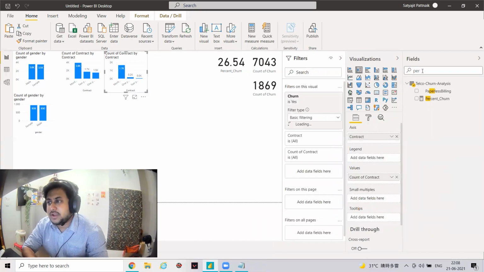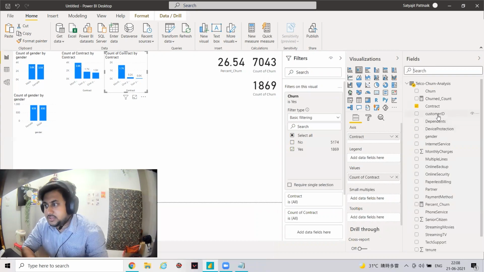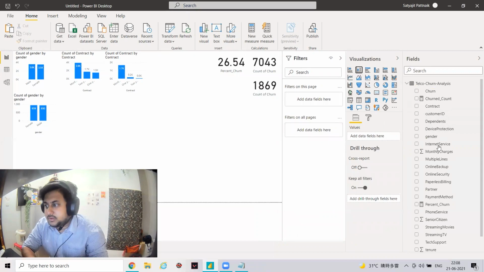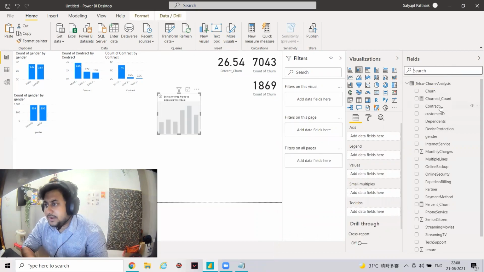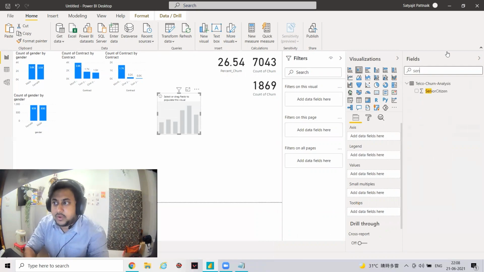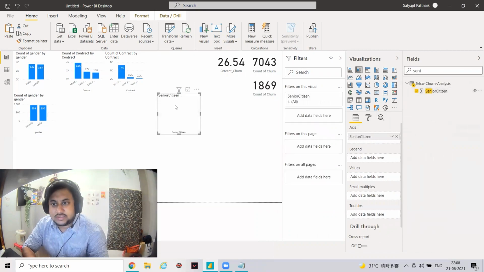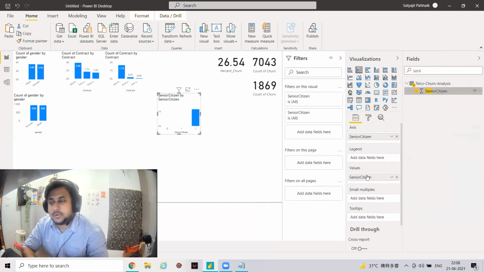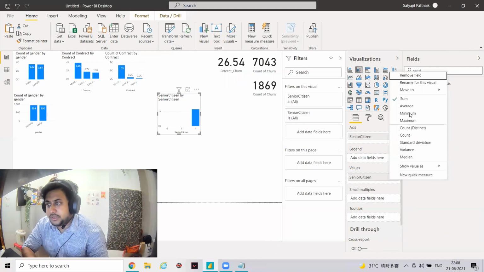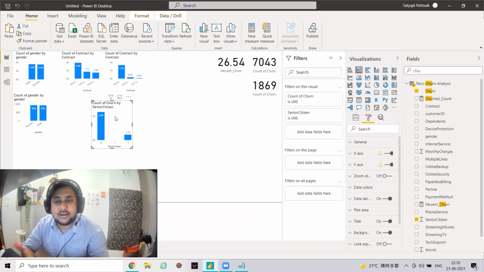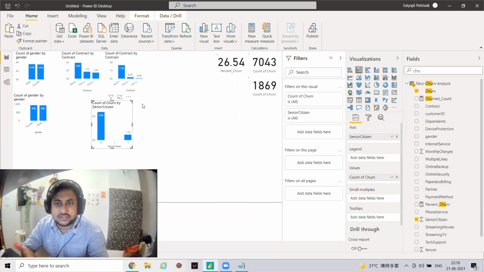Similarly, we have to also analyze various other things. Let's try to see senior citizen, because you have to analyze each and everything like this one by one. And this is all about your univariate. Now, once this senior citizen is done, I will also talk about the bivariate, how to analyze two variables. Let's say count. 5,900 are non-senior citizens and 1,100 are your senior citizens.